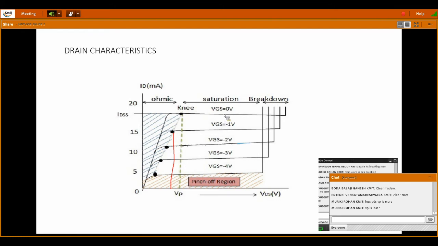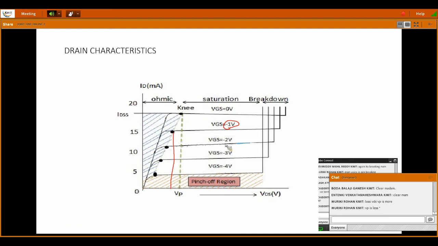Till now, when VGS was 0, I required more VDS because internally the reverse bias had to be established and the pinch off point had to be obtained. But now I am giving an external VGS, that is an external minus 1 volt of reverse bias, so the requirement of VDS, that is drain to source voltage, is less. And the pinch off voltage level is also obtained at a lesser voltage of VDS. The requirement of VDS is very less now when I am giving an external negative supply.